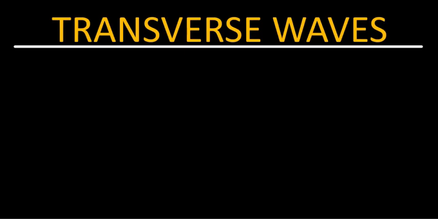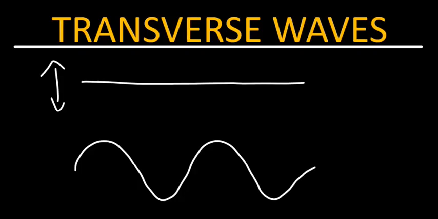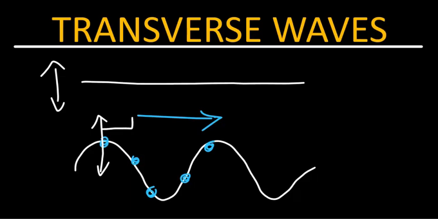In today's video, we shall talk about the mathematical representation of a transverse wave. If you take a string of certain length and then you oscillate it at one side, what you're going to have is a formation of wave along the string like that. Each point on the string is in fact oscillating up and down as the wave propagates, say, to the right. When the oscillation of that string is perpendicular to the direction of wave propagation, the wave is said to be